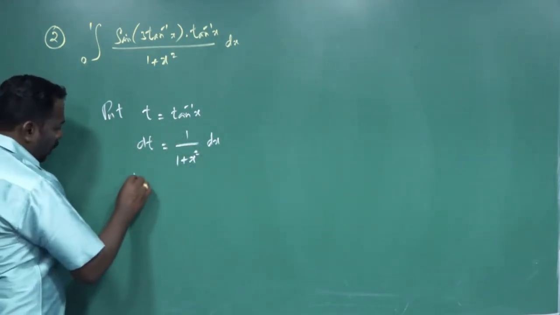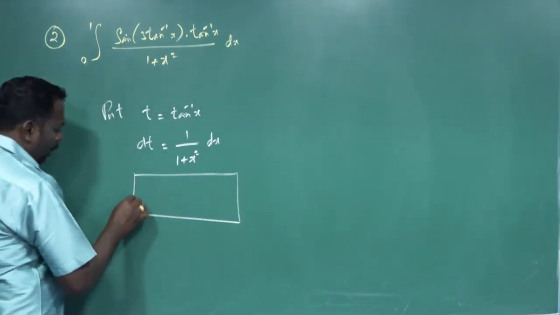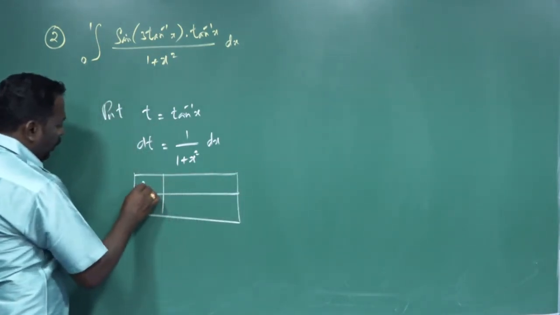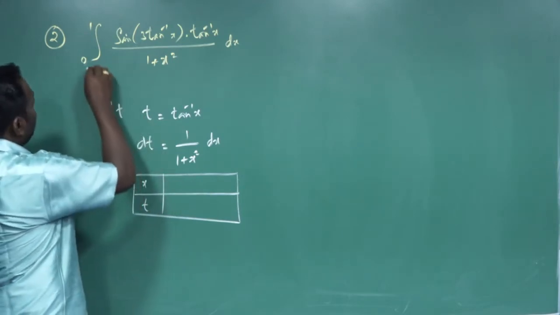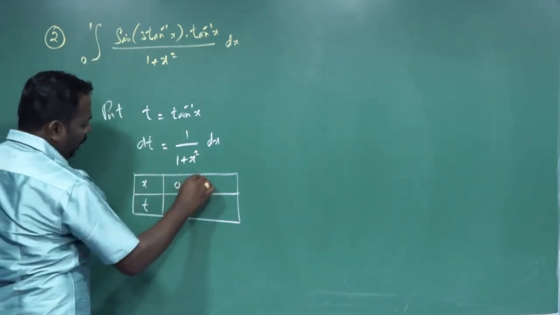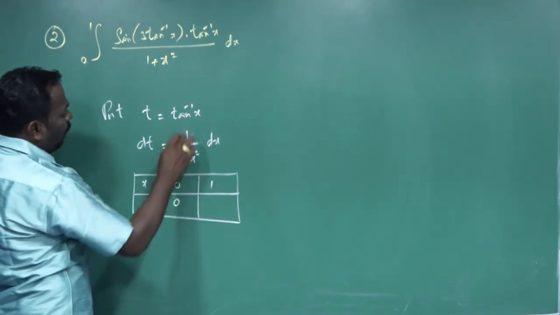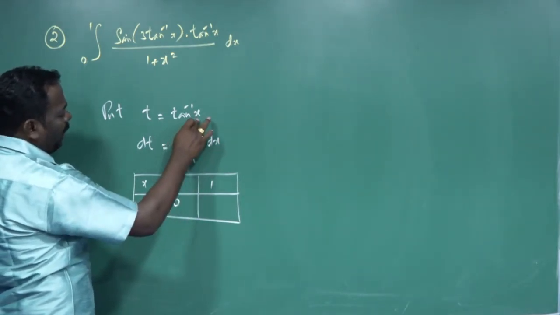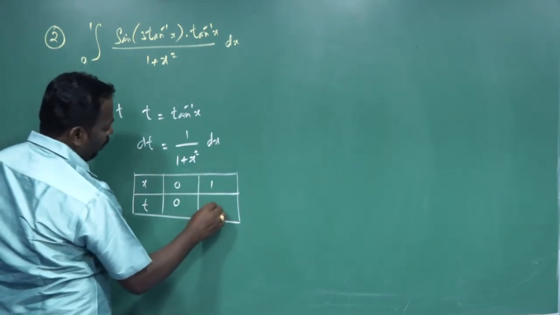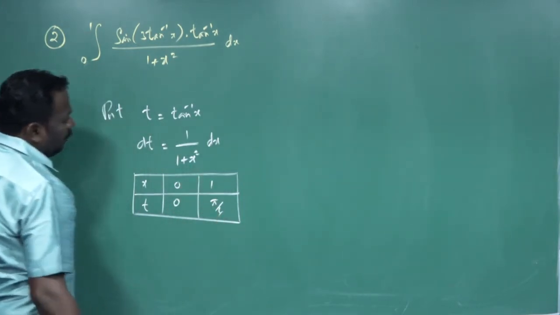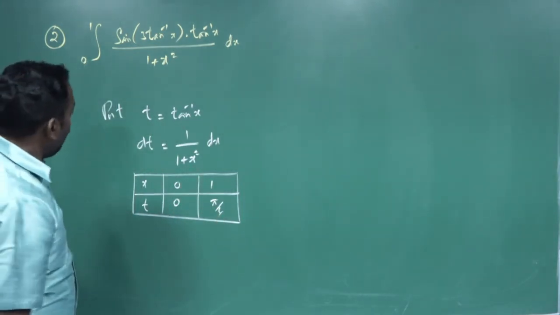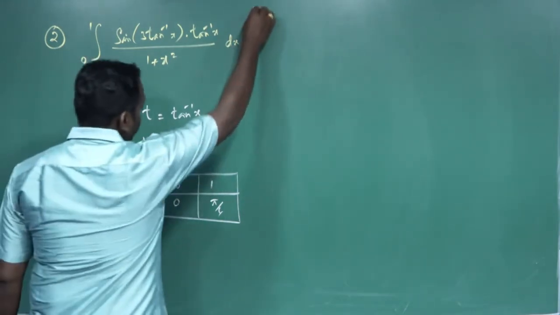Now changing the variable from x to t, the x range is 0 to 1. Put x equal to 0, tan inverse of 0 equal to 0. Put x equal to 1, what value of tan equal to 1? It is pi by 4. Tan 45 degrees is equal to 1. Now therefore the given